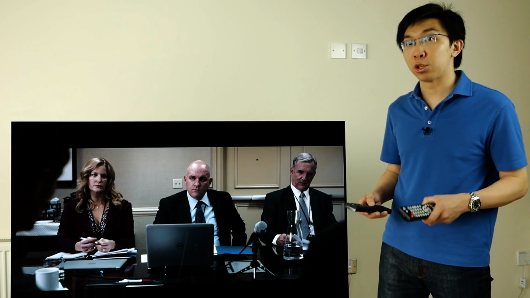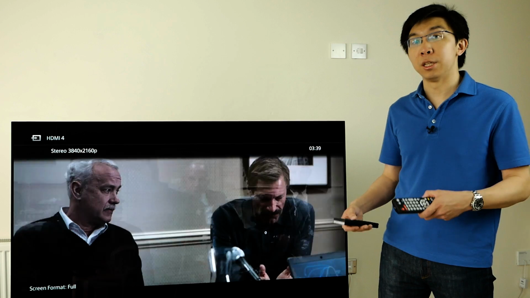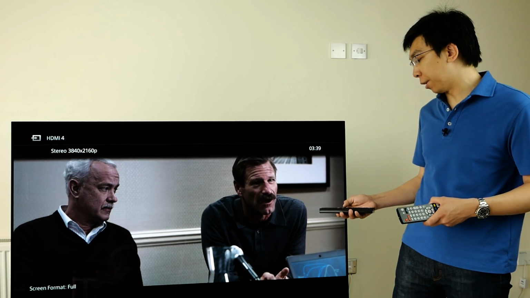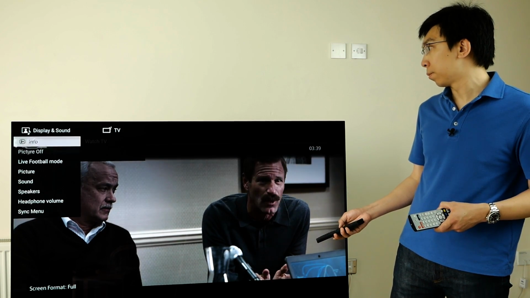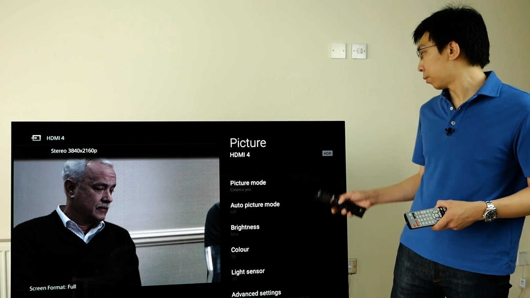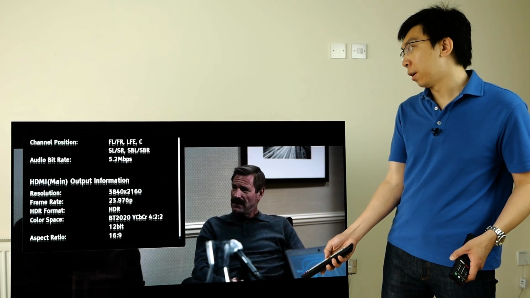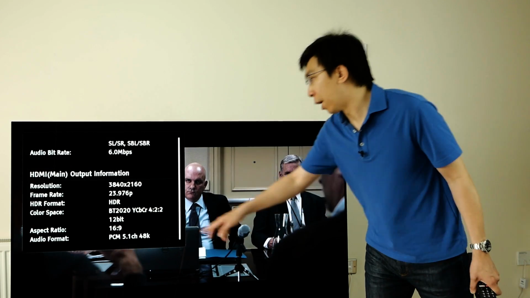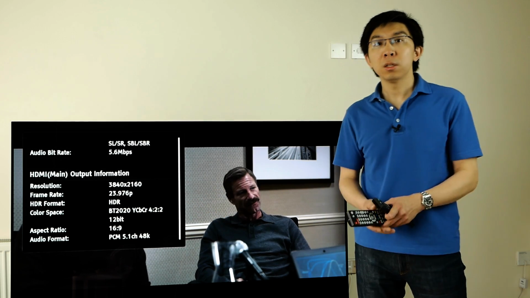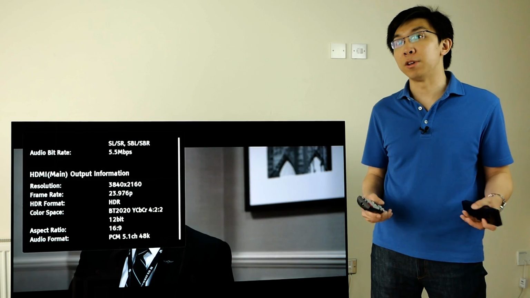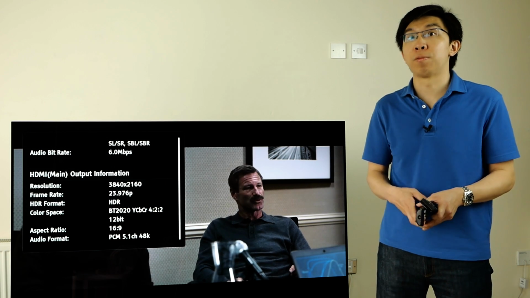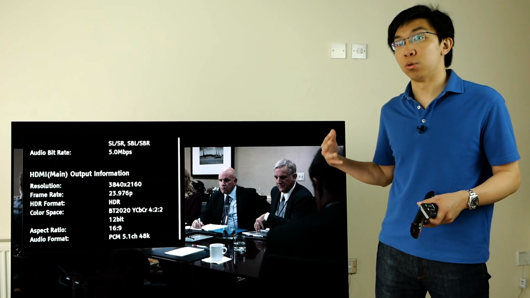The Oppo 203 is connected to HDMI 4 on the Sony A1. You can see that the disc plays, HDR still kicks in. You can see the HDR logo here. But you can see from the information screen from the Oppo, if we long press the info button, that the chroma depth tops out at 12-bit 422. This is generally not a problem since Sony TVs usually do a very good job of converting 422 to 444